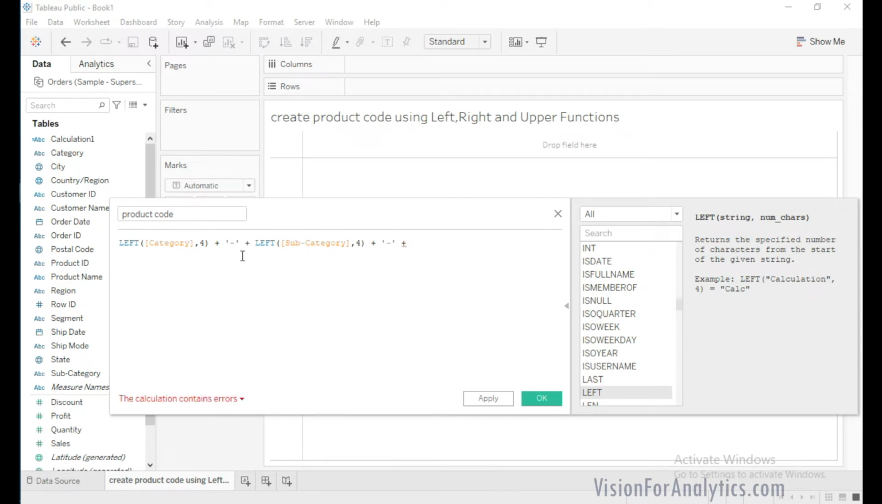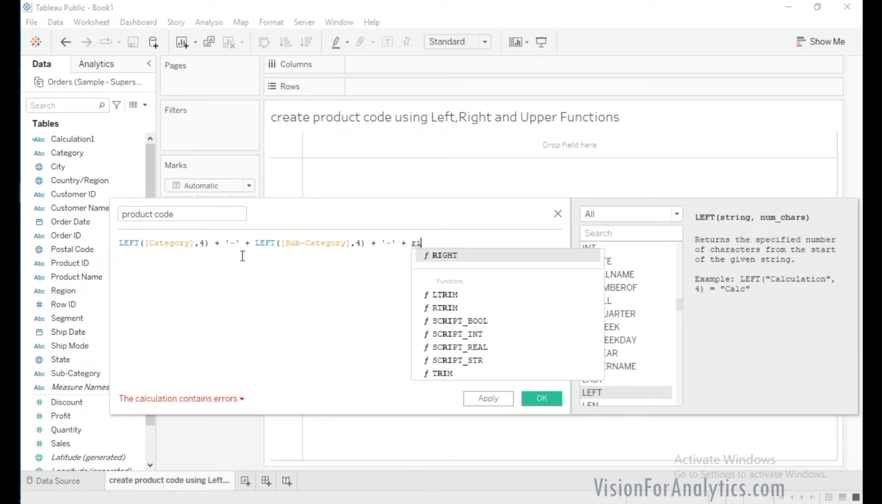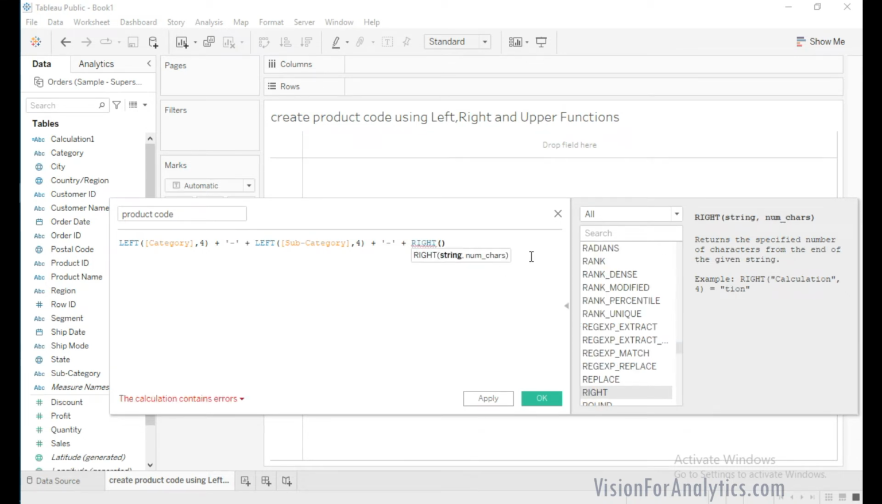plus I will now give the right function. This right function returns a specified number of characters from the end of the given string. So it is like from the right side it will give 8 digits from product ID. So as a string I will give product ID and I want 8 digits from product ID. Okay,